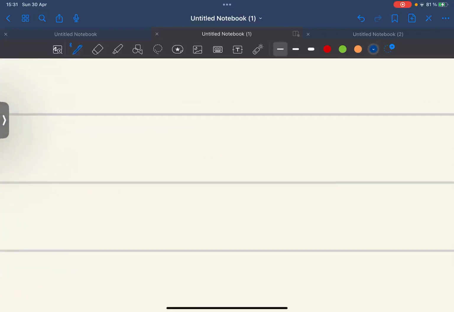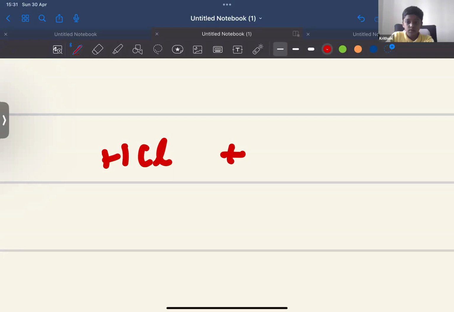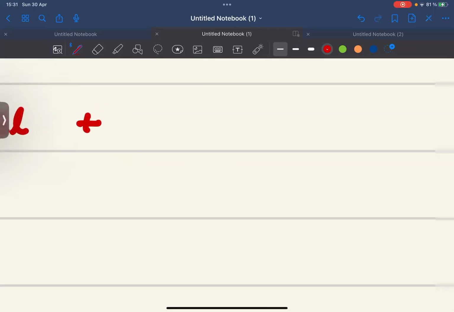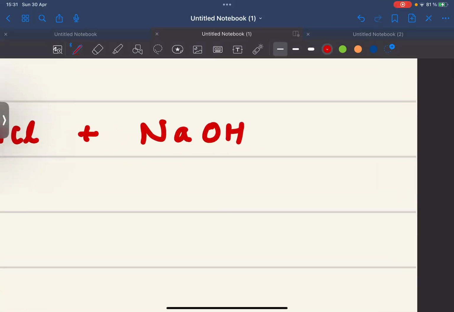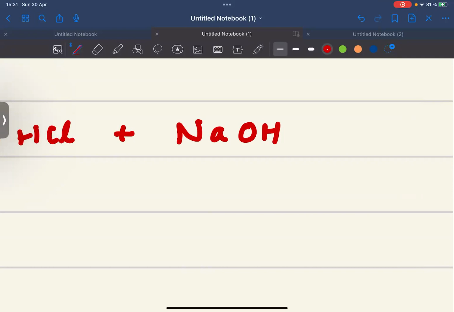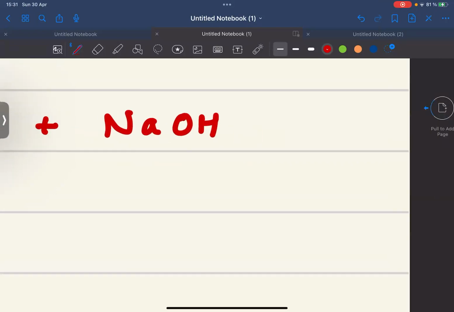There's a solution called hydrochloric acid, which is in your stomach, right? So it's HCl, hydrochloric acid. Along with that, HCl is acidic or basic? Acidic. And then you have sodium hydroxide, that is NaOH. So when an acidic and a basic solution are mixed,